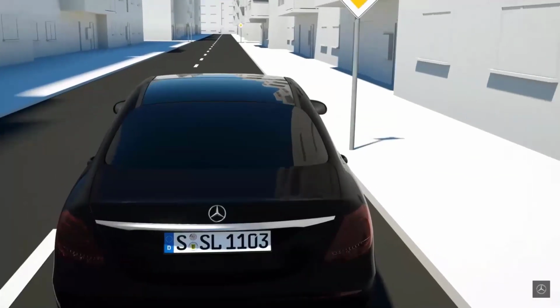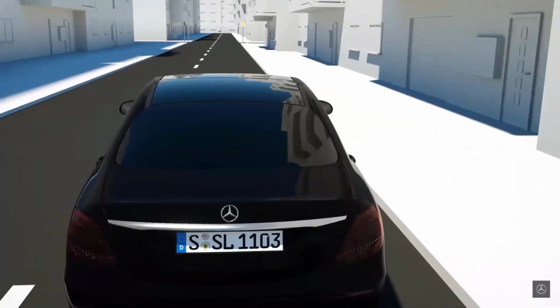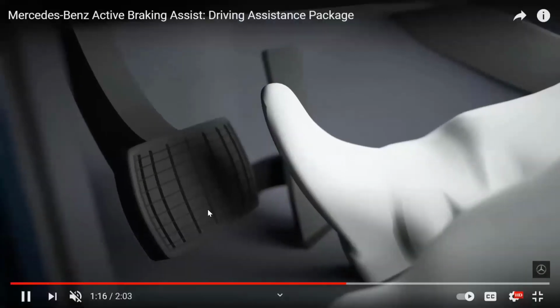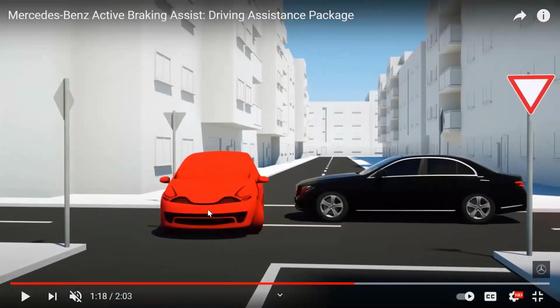So this is another scenario with cross traffic, where this traffic vehicle suddenly comes into the picture. Initially, it was not in the field of view, and it suddenly appears, and that's why my vehicle applies brake. It senses the traffic vehicle, and it applies brake. And this is the collision avoidance feature. So it applies the brake, and the longitudinal control works.